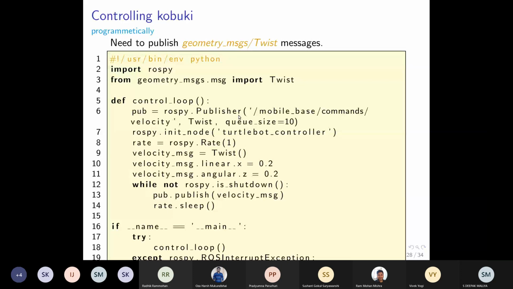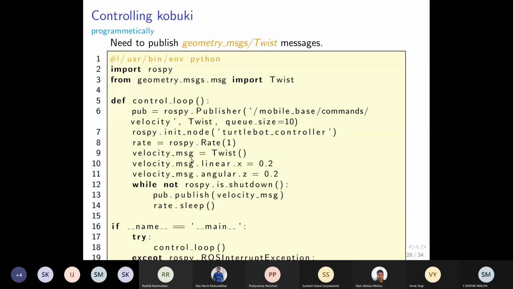So in line 6, the rest of the code is just regular Python ROS node code. What is different is line 9, where we are creating a twist message. This twist message we are importing from geometry messages in line 3. In line 3 I have written from geometry_msgs.msg import Twist. That will give me the Twist message, and then in line 9 I am creating this twist message in this variable, velocity message.